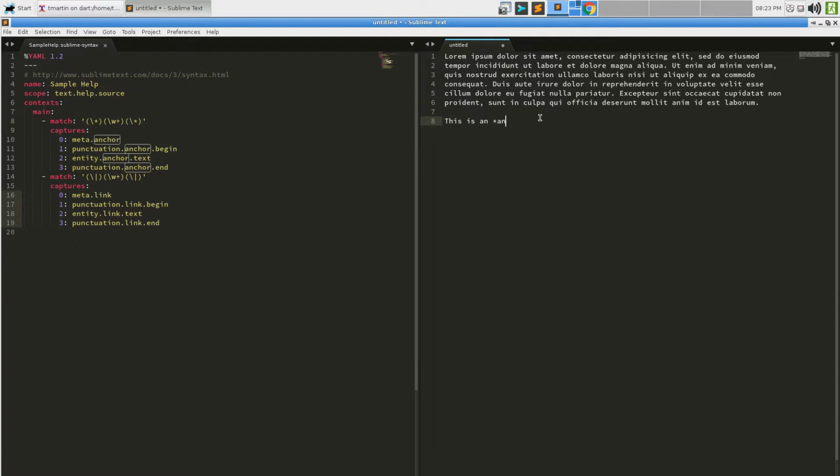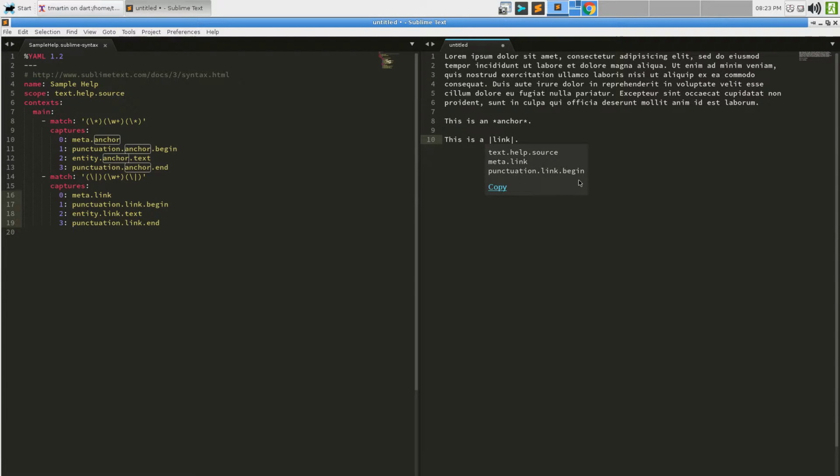This is an anchor. This is a link. And again, that's punctuation.link.end and meta.link. Yeah, entity.link.text and that.